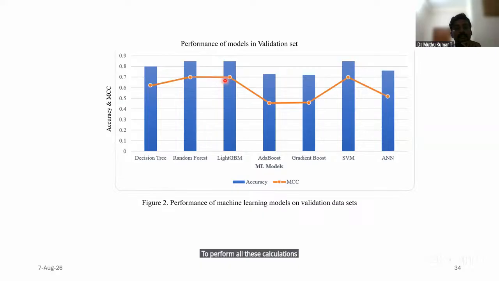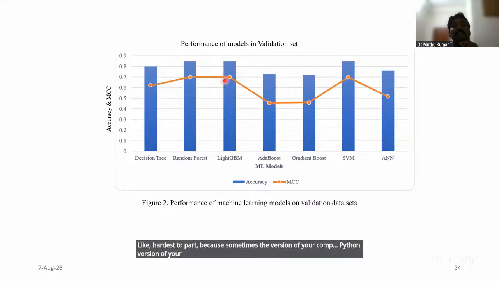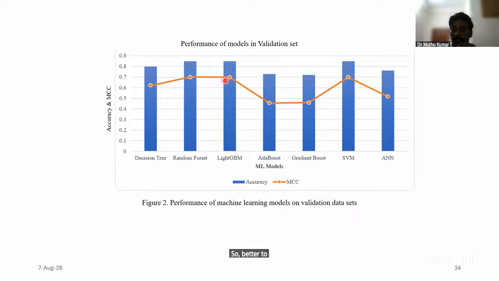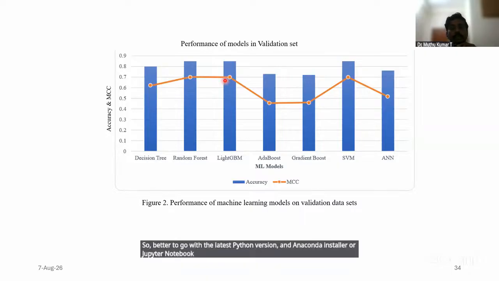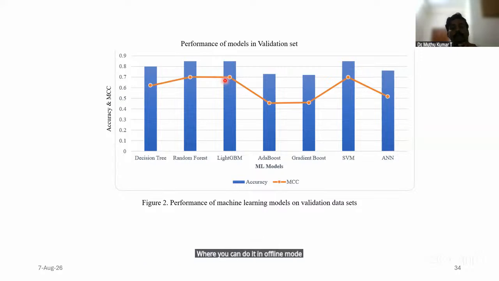That is one of the hardest parts, because sometimes the Python version of your computer and the package version won't match. Those are the challenges we have faced during model generation. So it is better to go with the latest Python version and the Anaconda installer or Jupyter notebook, where you can work in offline mode. Or if we don't have that kind of system, but still want to perform the calculation,